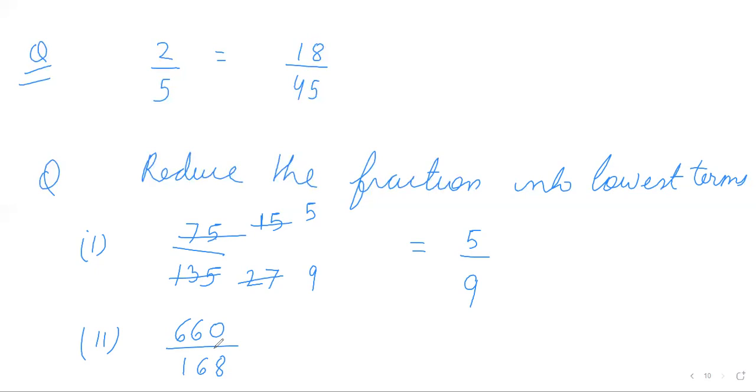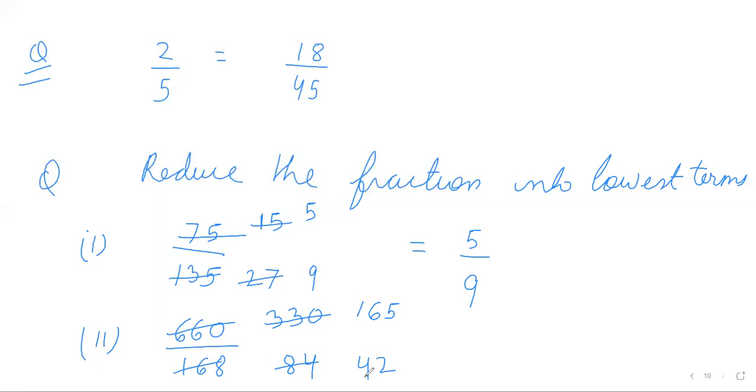Ma'am, can you do this? Yeah, no issue. So if I cut it by 2, then 2 threes are 6, 2 threes are 6, 0, 2 eights are 16, 2 fours are 8. Ma'am, it's taking too much time. Yeah, so if I cut it again by 2, 2 ones are 2, then 1 remains, 2 sixes are 12, 1 remains, 2 fives are 10. If I cut it by 2, 2 fours are 8, 2 twos are 4.